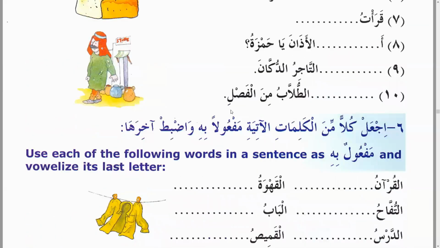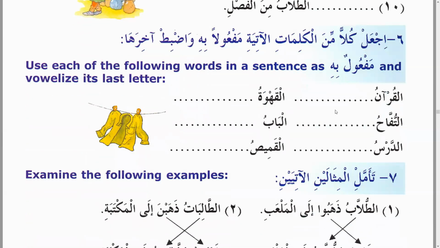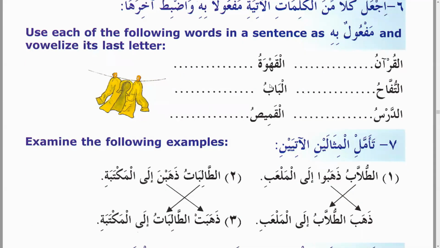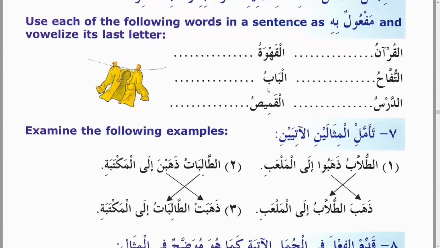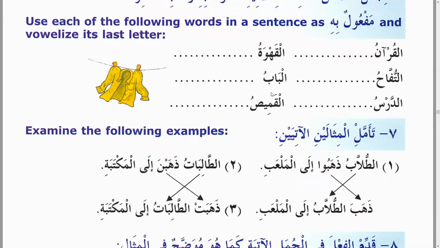Inshallah. Use each of the following words in a sentence with the maful having a vowel as its last letter. So we have to make one sentence with this and make it mansub. Like al-Qur'anu, we can say Qara'atul Qur'an. I read the Qur'an. At-tufahu, I ate the apple. Akaltu tufaha. Ad-darsu, katabtu darsa. I wrote the lesson. Yeah, simply we can make sentences. Qahwa, coffee. Sharibtul qahwata. Let's make simple sentences. Life is already complicated. Right? Al-babu, fatahtul baba. I opened the door. Al-khamisu, shirt, right? Ghasaltul khamisa. I washed the shirt.